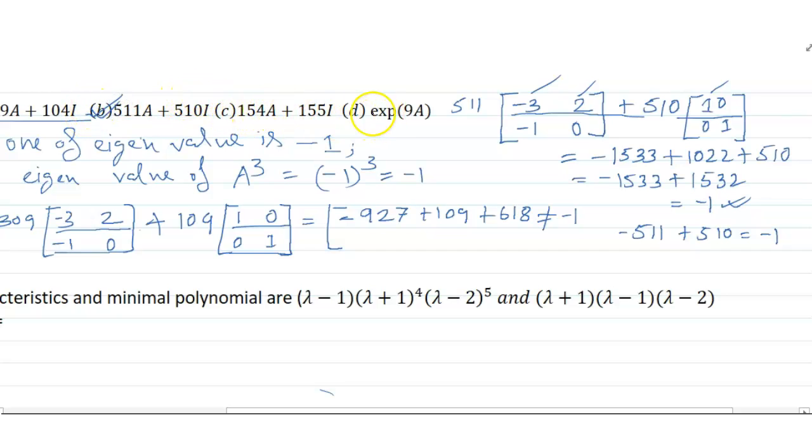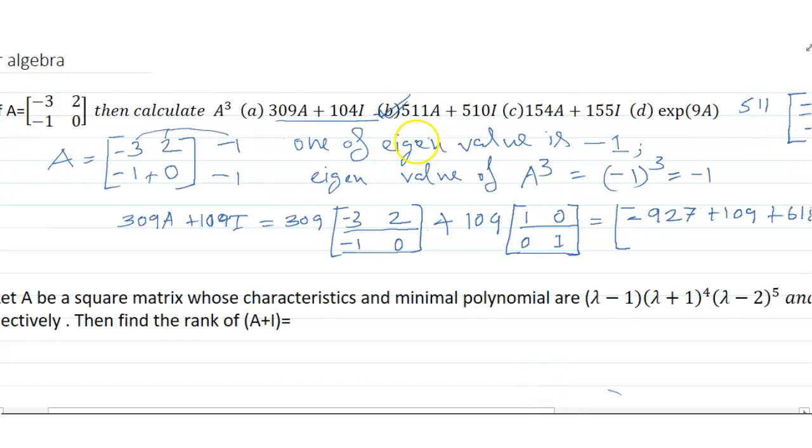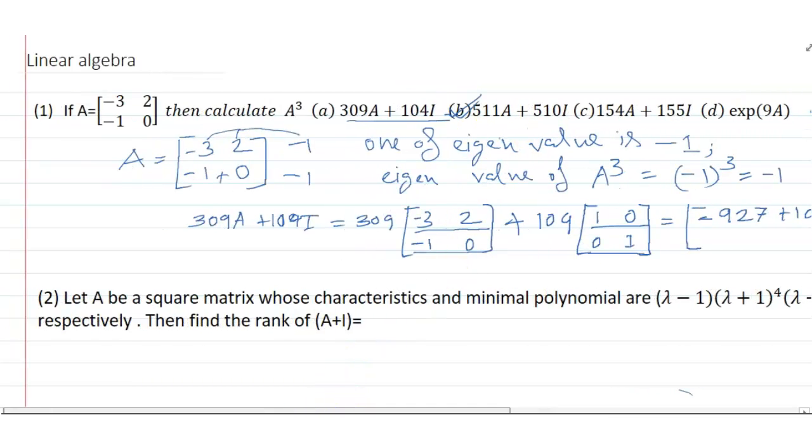But if you see the other problems, we do not get the eigenvalue -1. So my answer is B. This is my answer. So next,